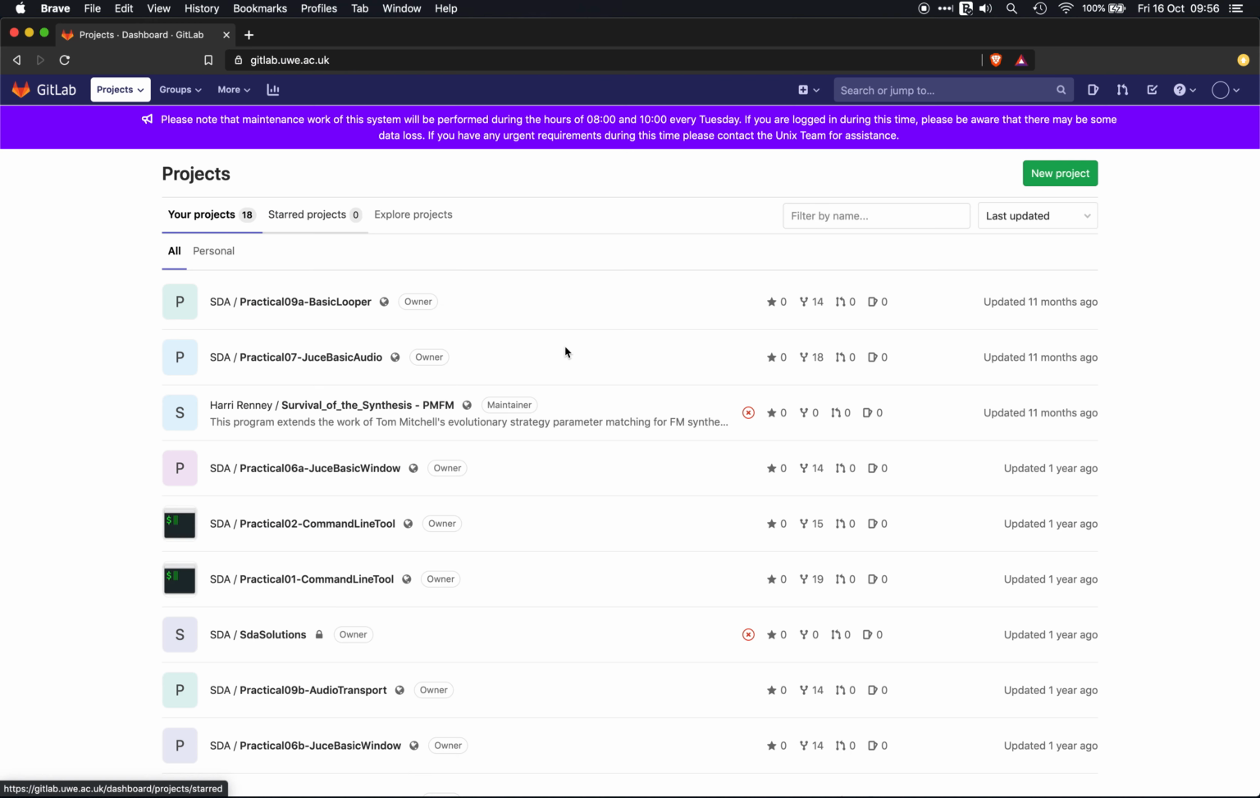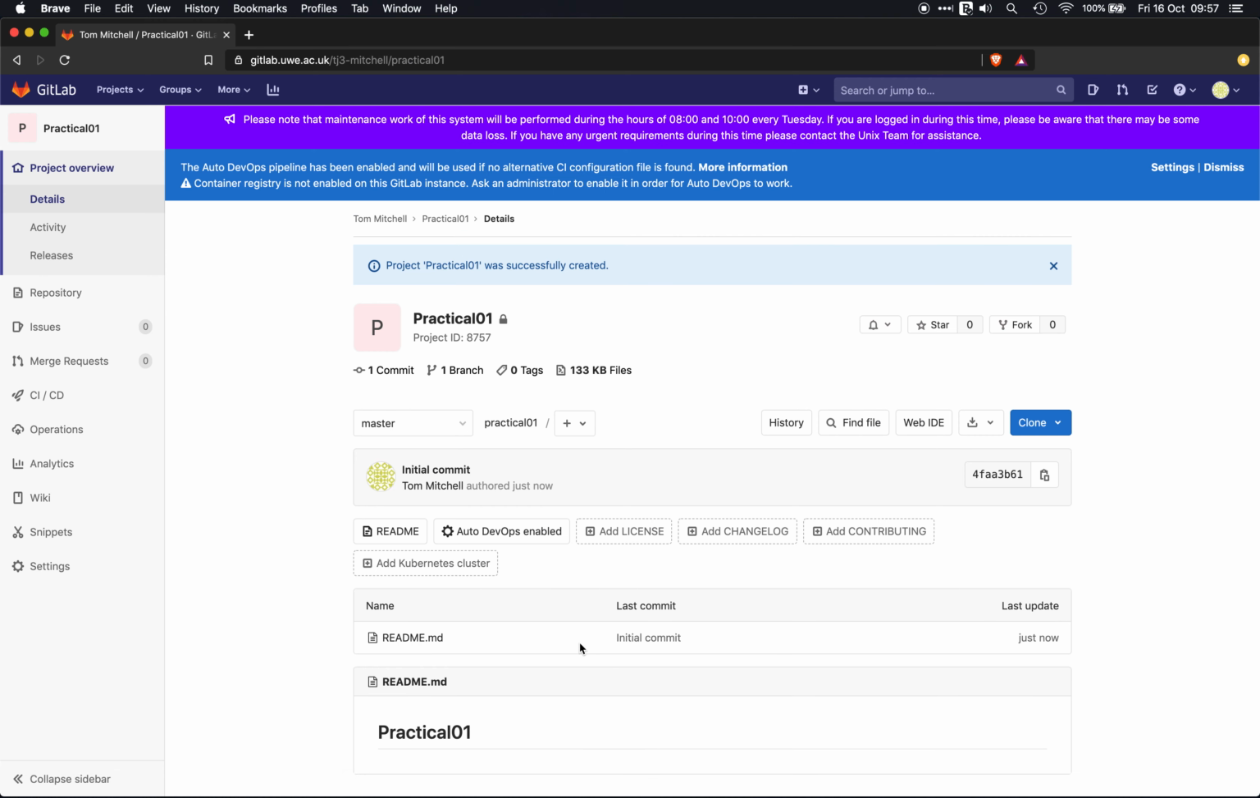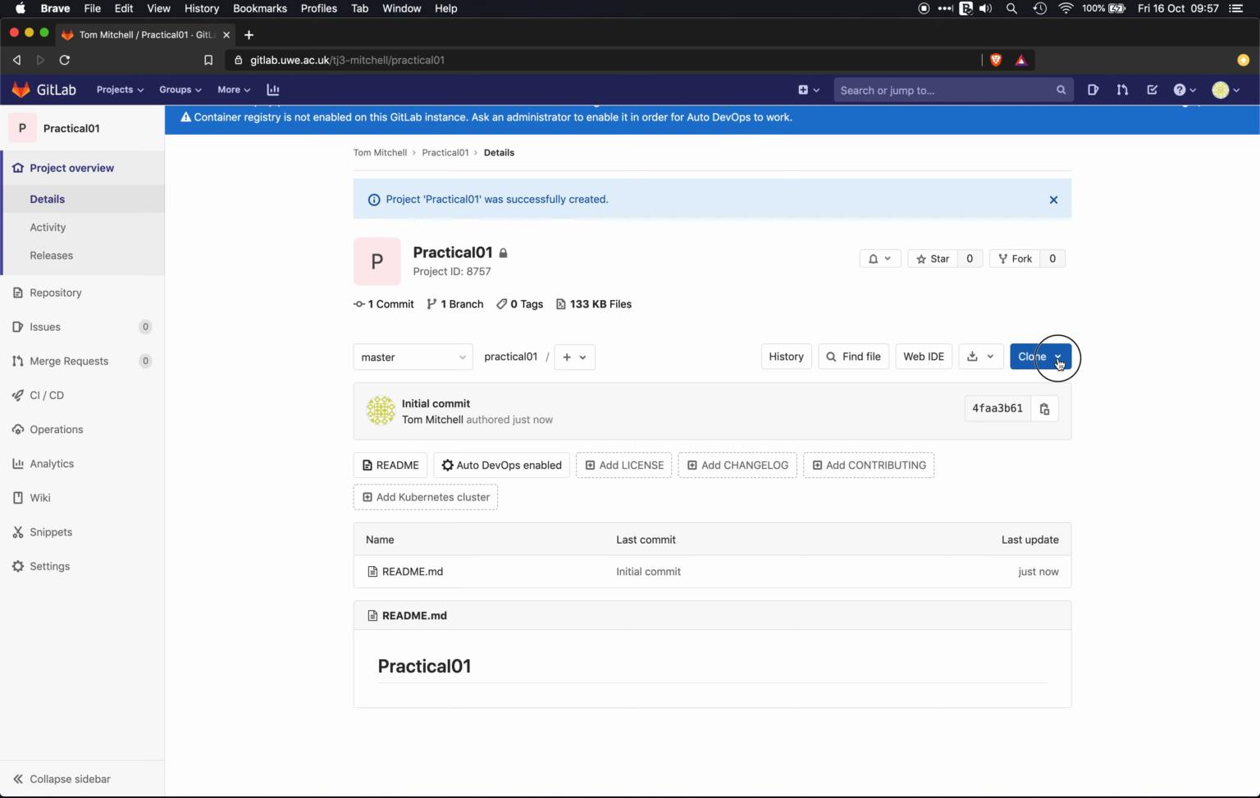gitlab.uwe.ac.uk. You'll need to log in using your normal UWE username and password, then click New Project and create a sensible name here, Practical 1 for example, and then you can set it to be private or public, entirely up to you, and then select Initialize Repository with a README. Now this will create a blank project on the cloud, but we need to make a copy of this project